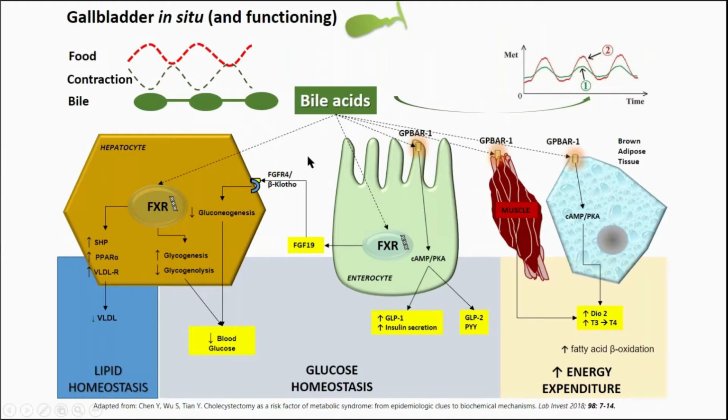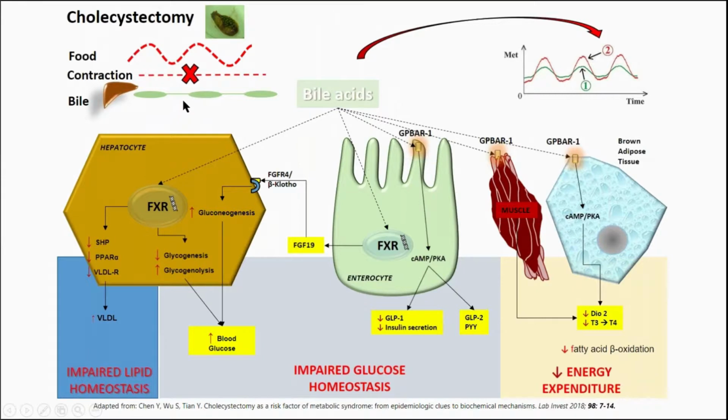Now, in a normal condition, this interaction with the nuclear receptors or GP-bar at different tissues will control lipid homeostasis, glucose homeostasis, and increase energy expenditure at the level of muscle and also brown adipose tissue. However, when the gallbladder, the pump, is missing, this mechanism might be highly dysregulated with impaired lipid homeostasis, impaired glucose homeostasis, and less energy expenditure. What does it mean? Well,